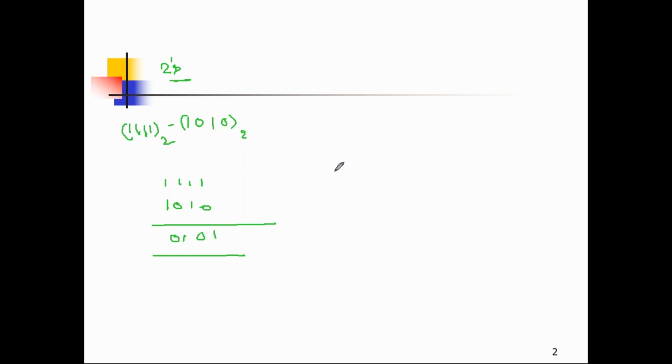So for that, I'm taking the first number as it is. Please listen carefully. Then, for the second number, the 2's complement is to be taken. Here I'm not going to take 1's complement plus 1. I'm using a direct procedure: copy as it is till the first 1 occurs, tracing from the LSB. So 0 and 1, here only the first 1 occurs, so as it is, I'm copying. Then change zeros into 1s, ones into 0s. That's all. This is the 2's complement for this number.